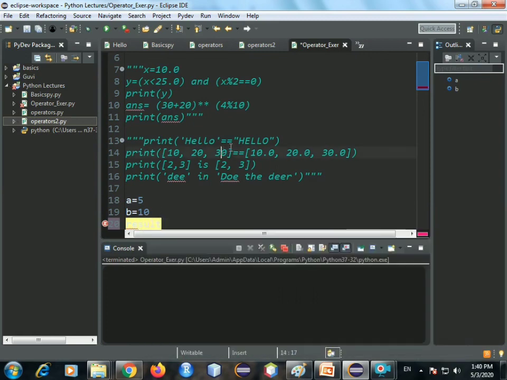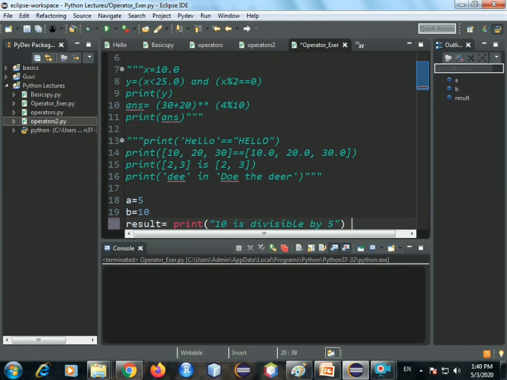Okay, so let's say result is equal to print, let's say 10 is divisible by 5. Okay, this is our true condition that we want the interpreter to print.